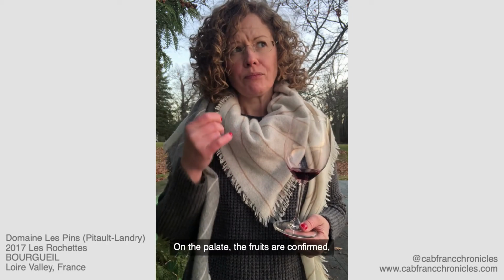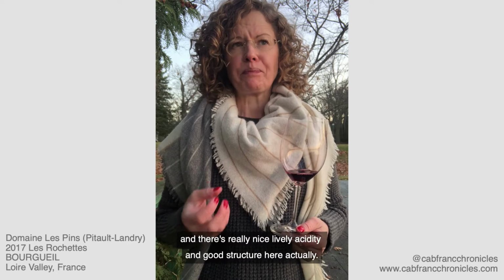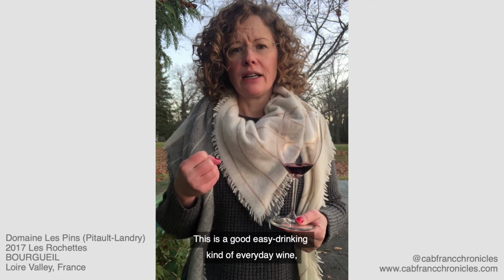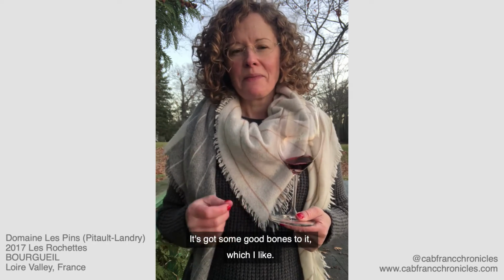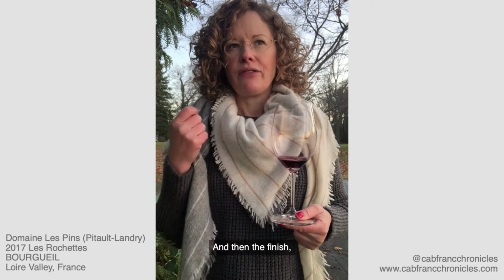On the palate, the fruits are confirmed, and there's really nice lively acidity. And good structure here, actually. It's a good, easy drinking everyday wine, but it's not wimpy. It's got some good bones to it, which I like. Medium tannins that are nice and velvety, and then the finish,